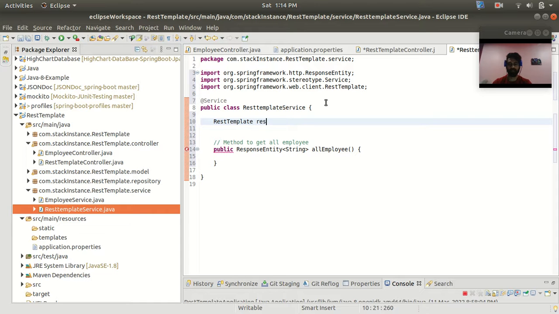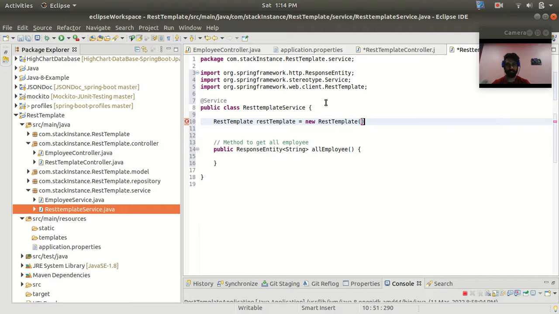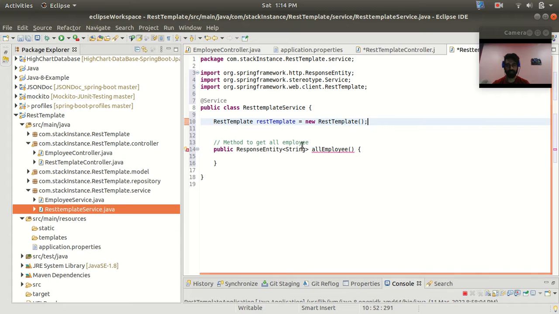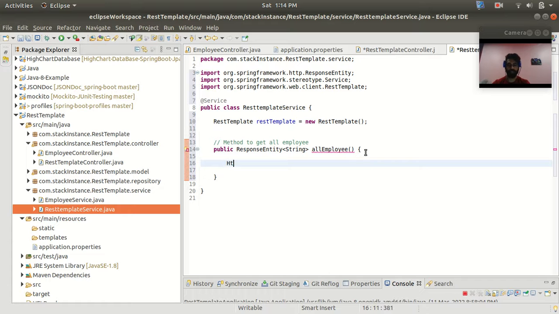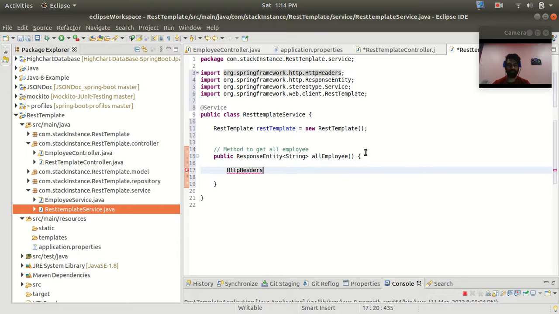Okay. So RestTemplate goes to new. Let's create the object, or the instance, of this RestTemplate with the default constructor. And now in the RestTemplate, I have to use the header also. So here I will use the exchange method. So first of all, I will create the HTTP